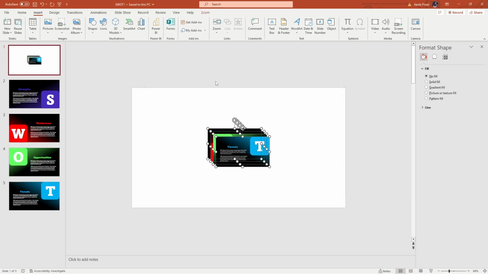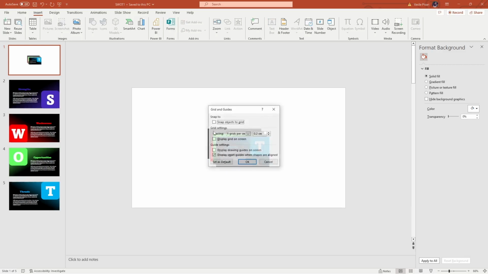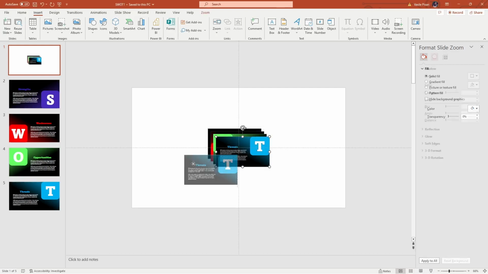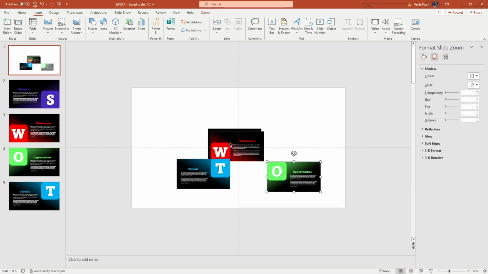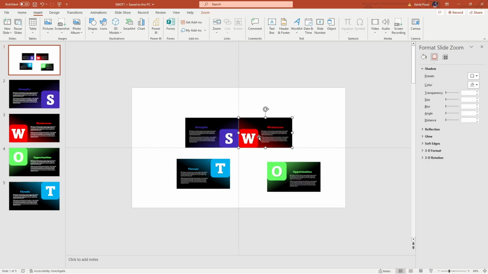and we will arrange them on the slide. It's easier using grid and guides, so go here, tick here, display drawing guides on screen, and this will help to arrange our shapes correctly. Put them all to the middle